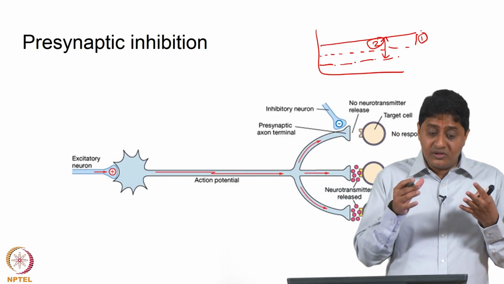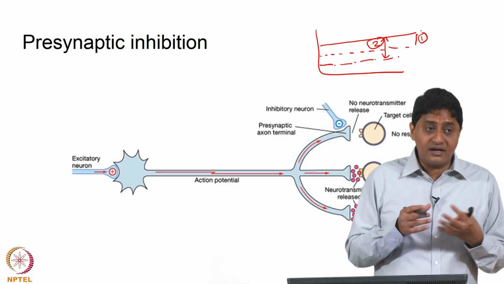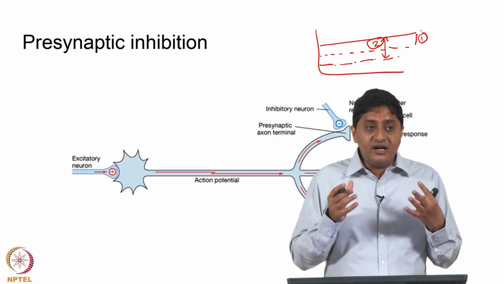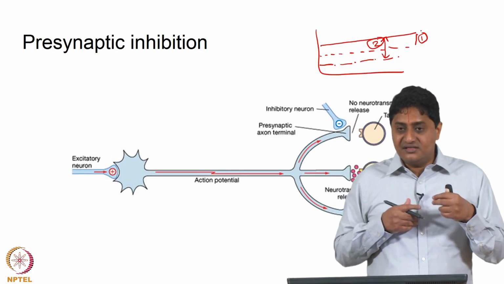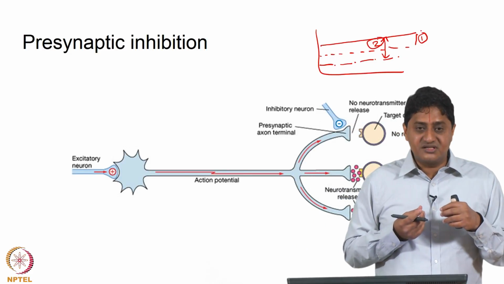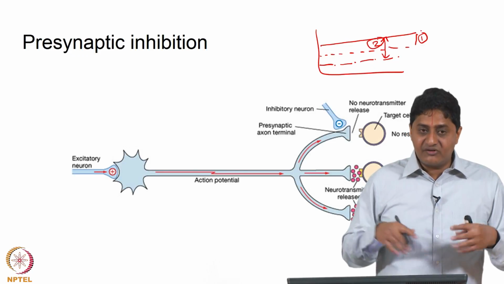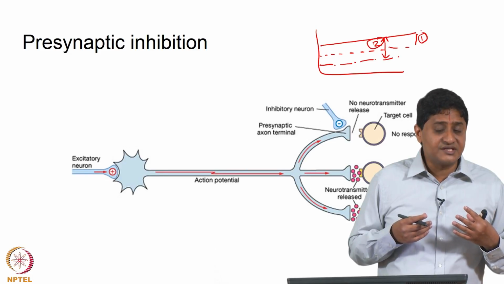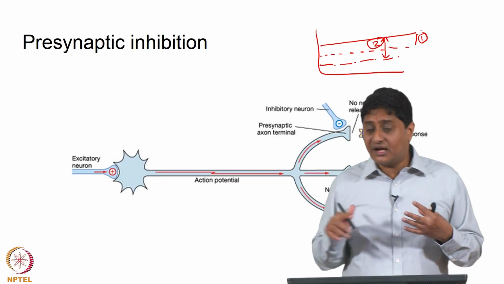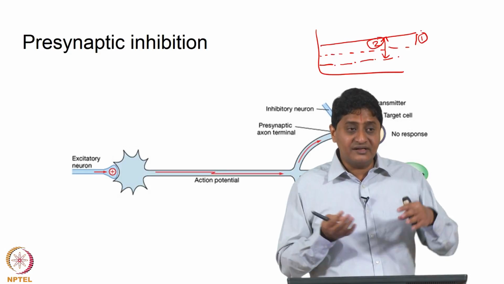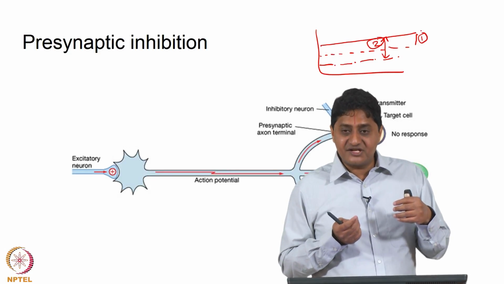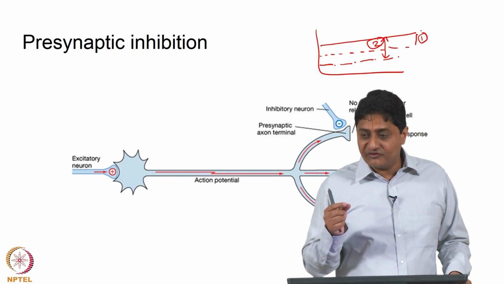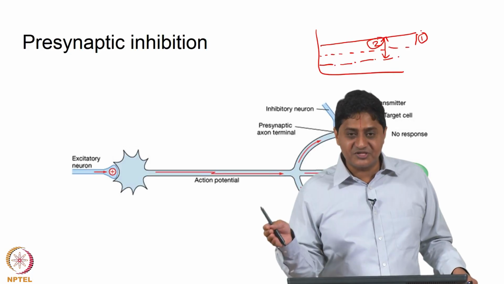In case 1, the amount of influx of calcium is going to be smaller, and in case 2, the amount of influx of calcium is going to be larger. And note, depending on the difference in the amount of calcium that is detected, the number of vesicles that are opened up, or the amount of neurotransmitter that is released, varies. In other words, it is not dependent on the absolute value, but rather the difference in the amount of calcium that is detected. Since this difference is going to be smaller in the first case, the amount of neurotransmitter that is going to be released is also going to be smaller.